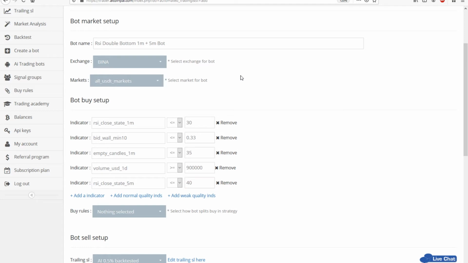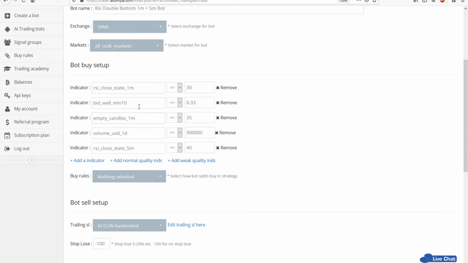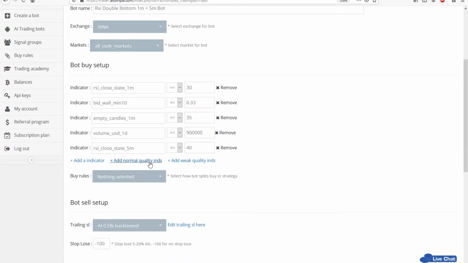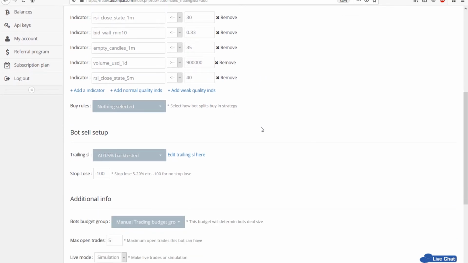So our bot is now set up to use these more indicators. Actually, there are 5 indicators. 3 of them is market quality, and 2 of them is our given rules. You can add several of other rules that you can have here. You can add them all up. So, but you can create and test your strategies, and we do recommend to test them in simulation mode first before you go live. But it's really up to you how you want to